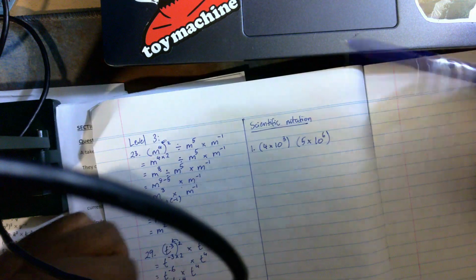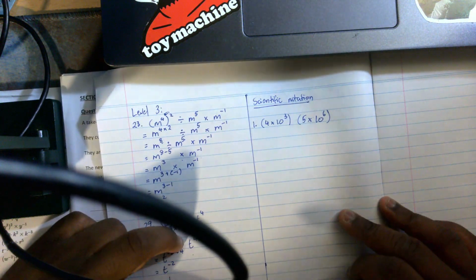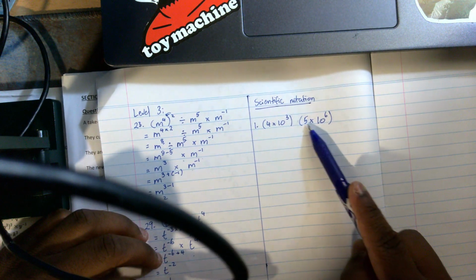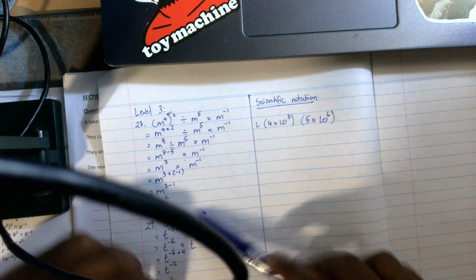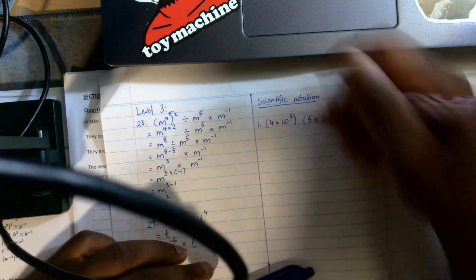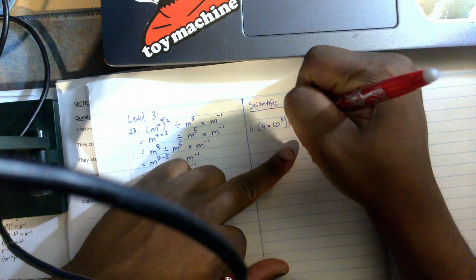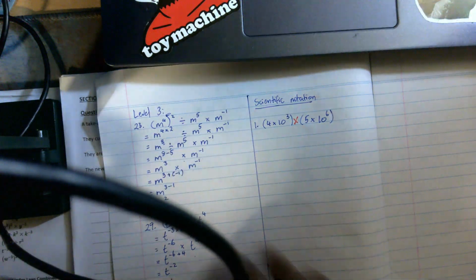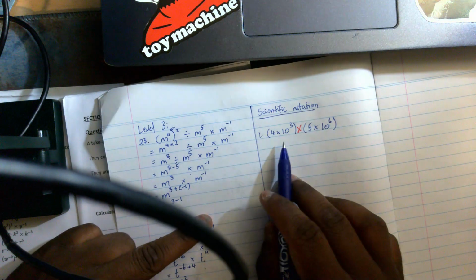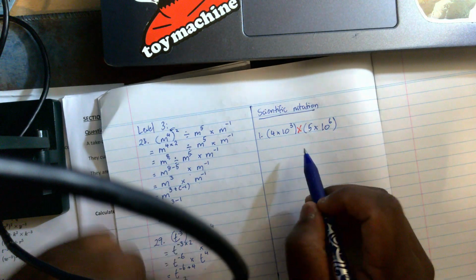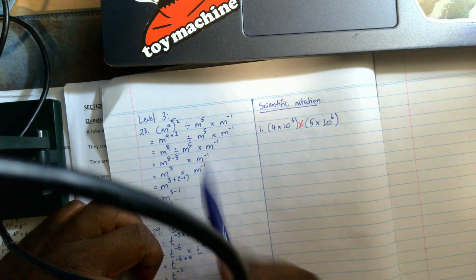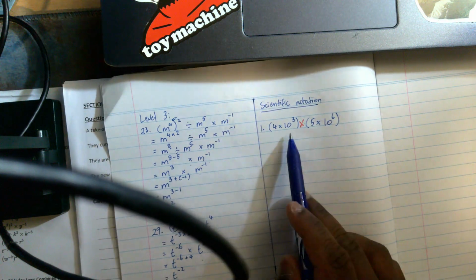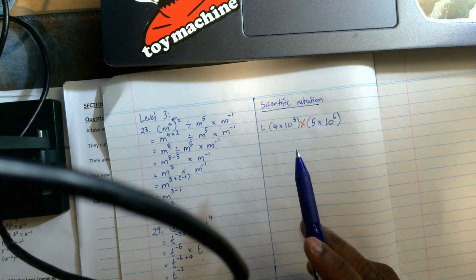Alright, scientific notation. Our first question is 4 times 10 to the third times 5 times 10 to the 6th. Notice how there was no times, but I said multiply, because if we've got nothing between our brackets, we assume it's a multiply. So now that we have that, like we do with these, whether we have the same variable or mixed variable, we're going to combine